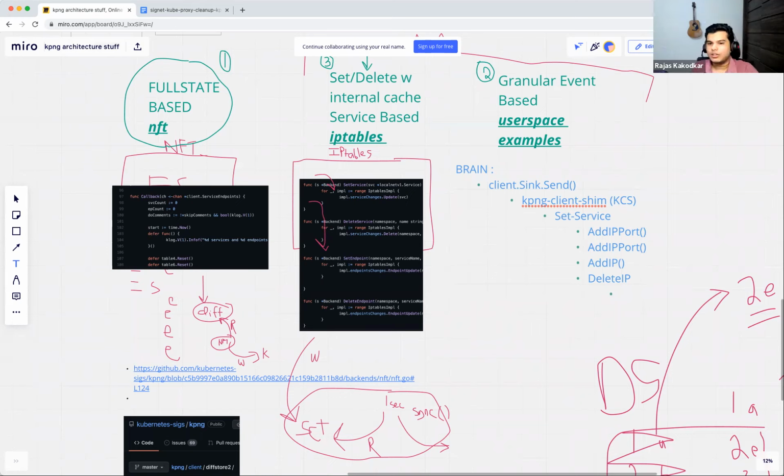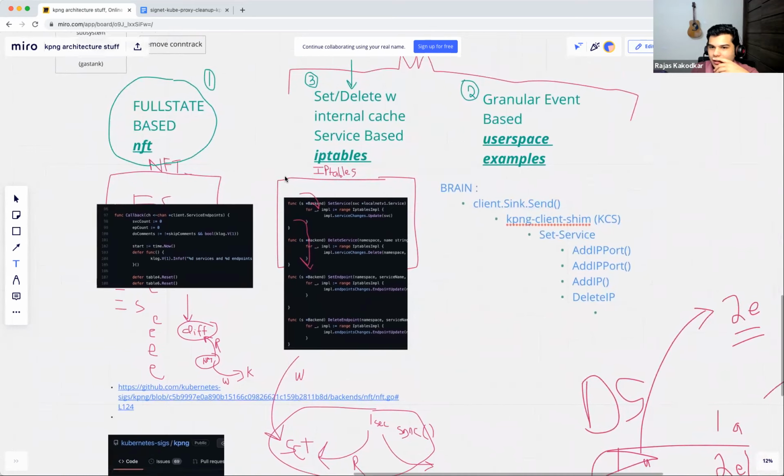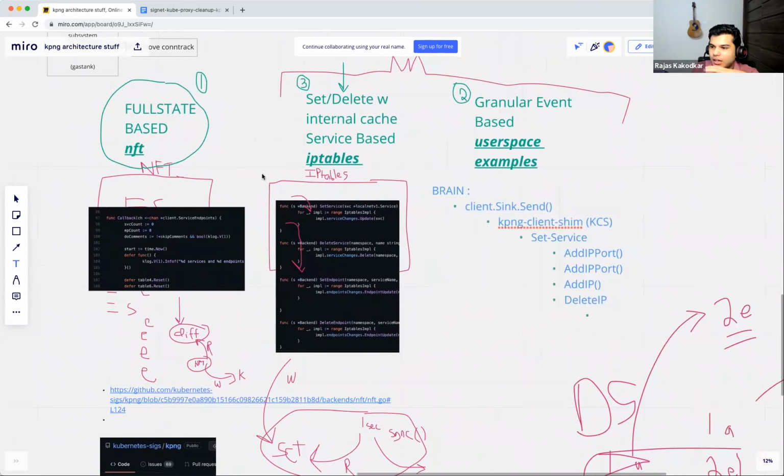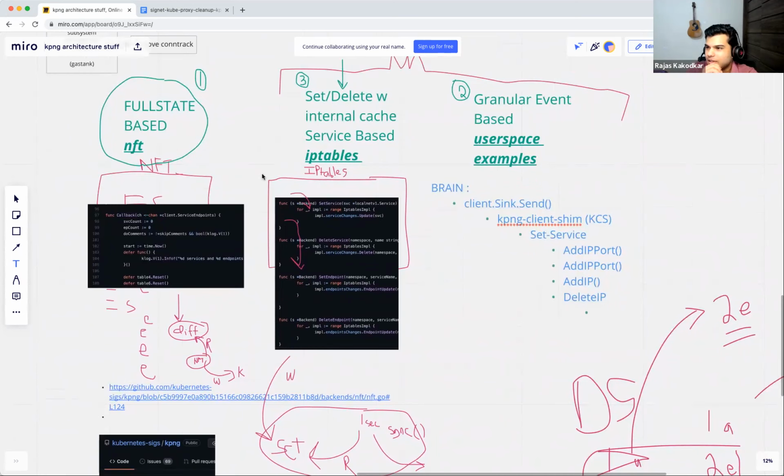Cool. Hanuman, thanks for that overview around full state. The way I understand it, Mikhail, Hanuman, correct me if I'm wrong: the full state backend, as of now that's NFT, gets all the events from Kubernetes, and then the backend will read a diff and write NFT rules depending on that diff.